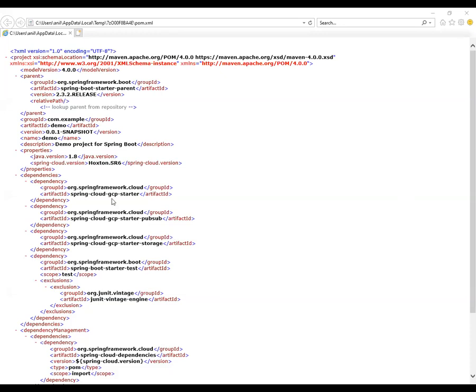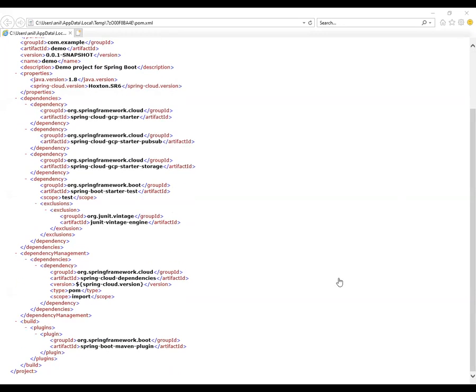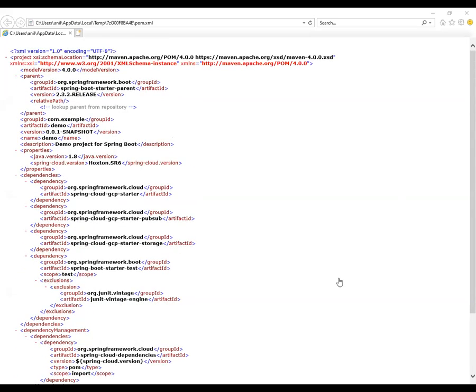So we have dependencies where you have Spring Cloud GCP starter. Then we have, this is for messaging, Spring Cloud GCP starter Pub/Sub, publish, subscribe. Then we have storage. We also have the Spring Boot Maven plugin. We will later watch how do I include the Maven zip plugin and how does it create Docker images for me, right? So for now, we observe the POM file,